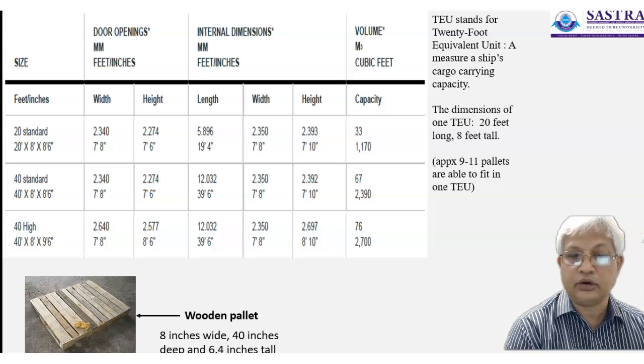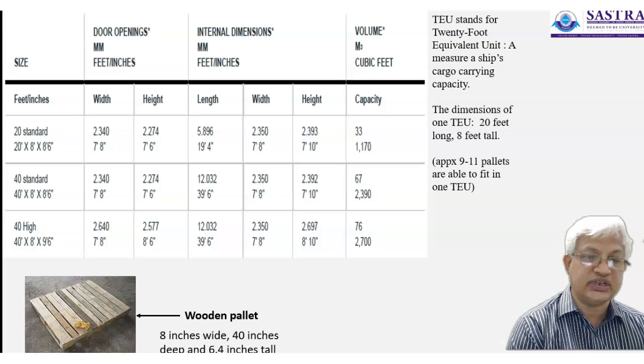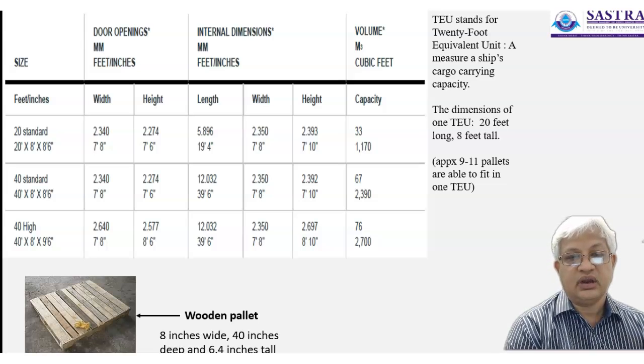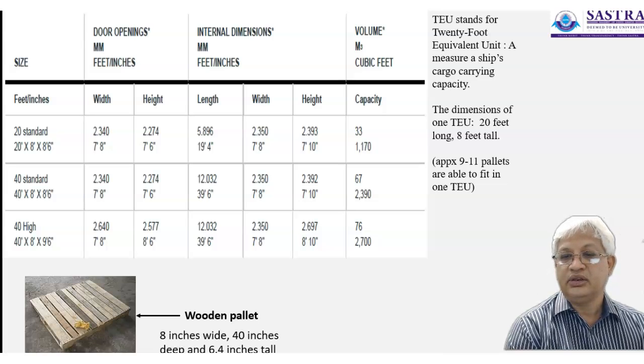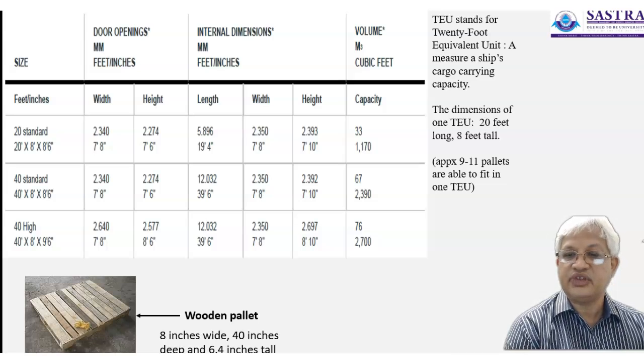This is how a typical pallet looks, and it is around 8 inches wide and 40 inches deep. Typically these pallets are purchased by the company, so that they can stack the cartons on the pallet. Now, when the truck carrying the container reaches the factory warehouse, it is easy to use a pneumatic machine to lift the cartons